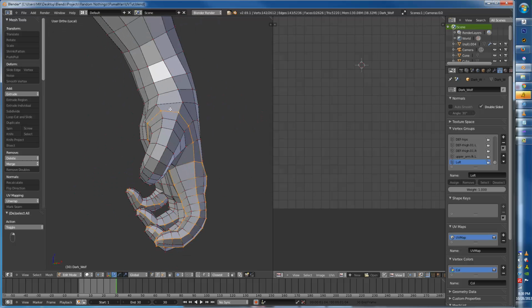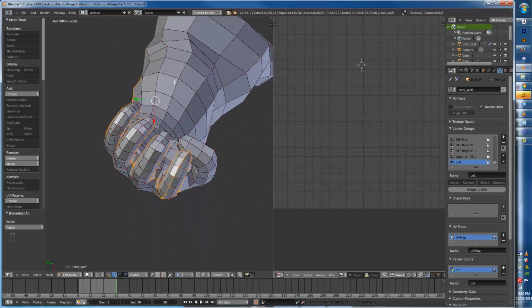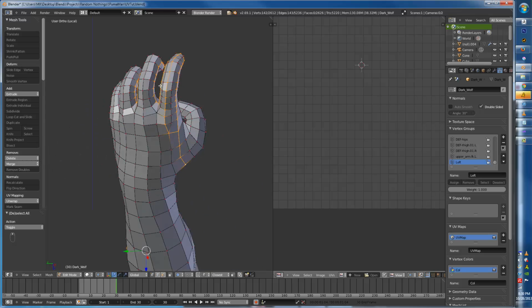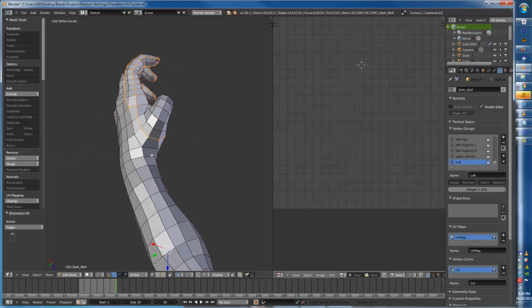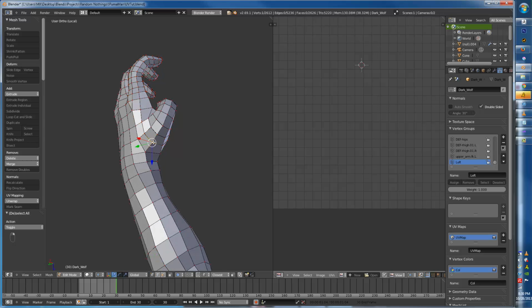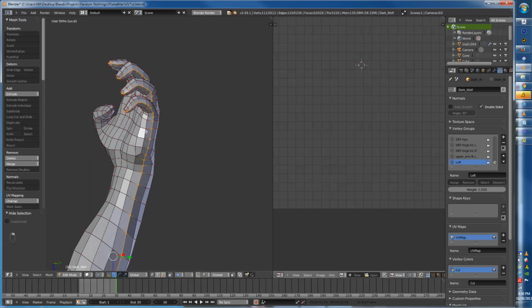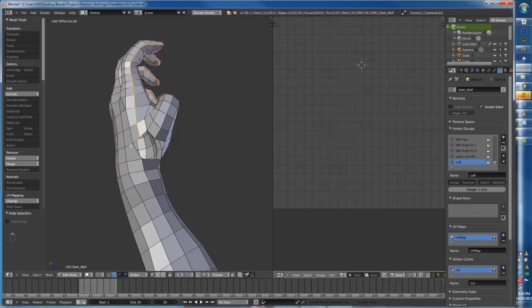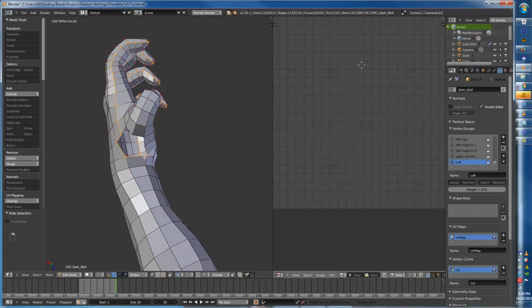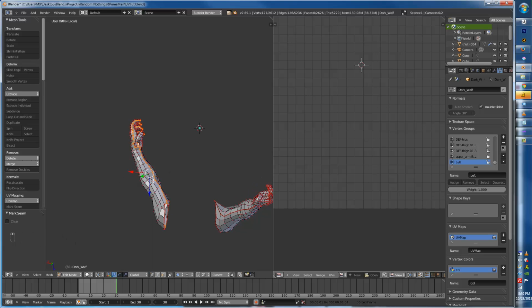And let's see, at some point it's running up the finger. So you just got to follow your loops. This is where topology comes in. You have good topology, you don't chase loops as often. Might still be chasing loops actually, but we'll just take this, come around, and Control E, mark seam,